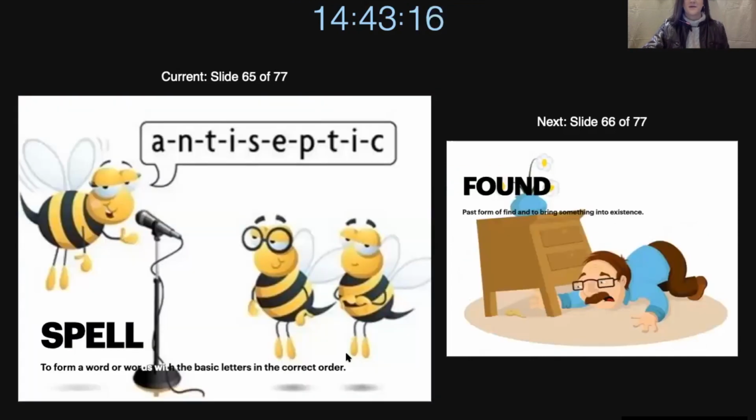First, we will look at spell. So, in the noun section, we covered letters, and these are all letters. So, your letters that you probably know are like A, B, C, D, E, F, G, and the whole alphabet. So, in this section, if you want to spell a word, which is to say or to sound out a word, then you spell it. So you are doing an action to the letter to form a word or words with the basic letters in the correct order. So here, if I tell you to spell antiseptic, then you will say